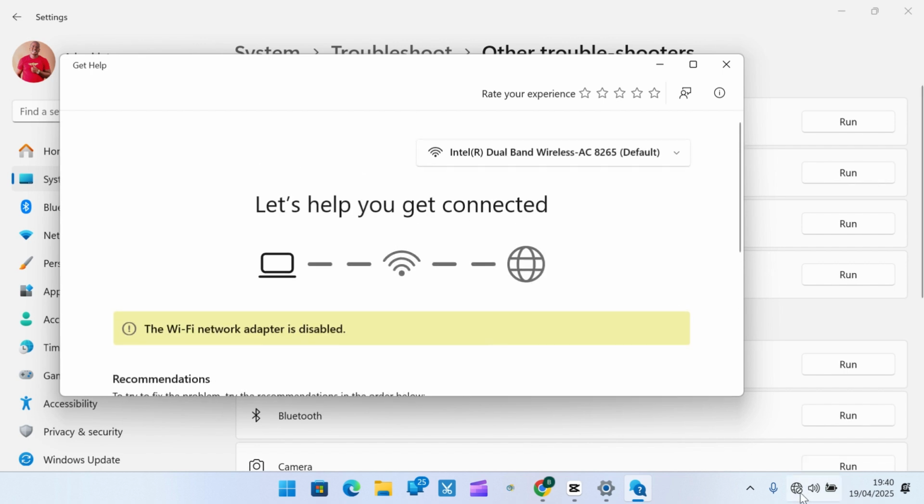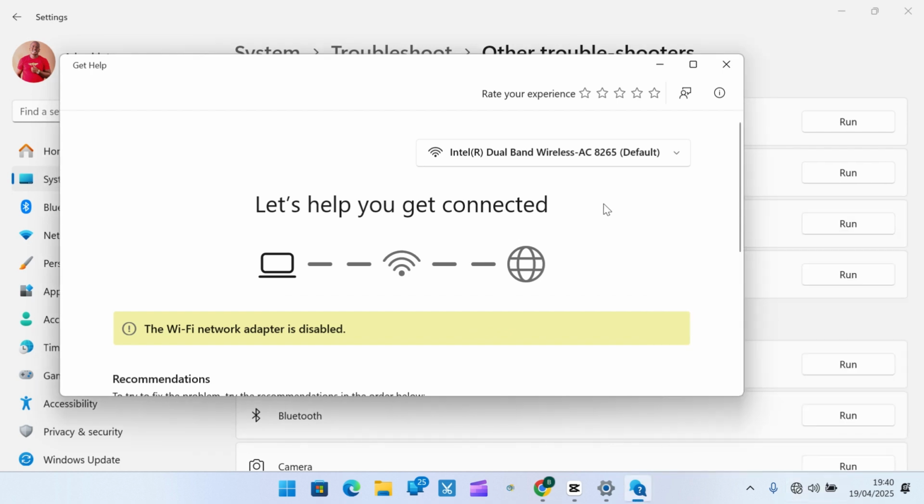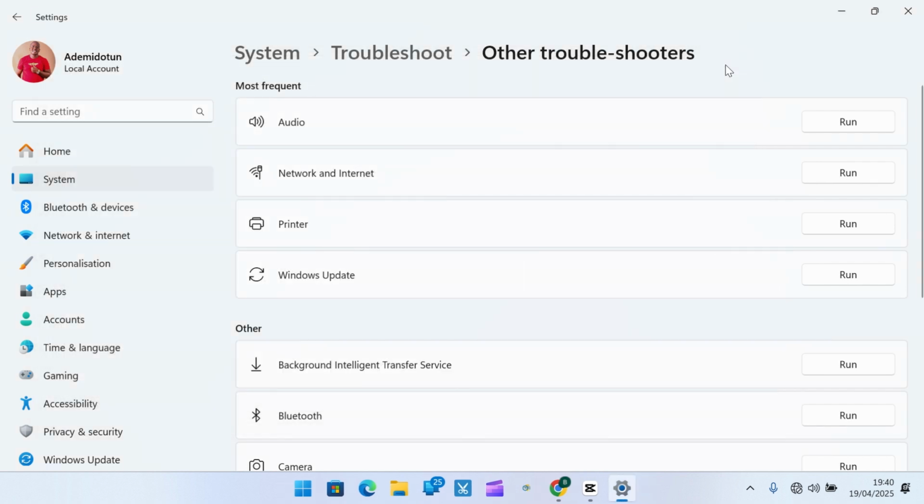That is the reason why your Wi-Fi is missing on your Windows 11. So if this is connected to a router, your PC is going to try to connect to the internet and check for possible reason why your Wi-Fi is not available. So go ahead and close this. Now, since it says the Wi-Fi adapter is disabled, what you want to do next is locate and click on